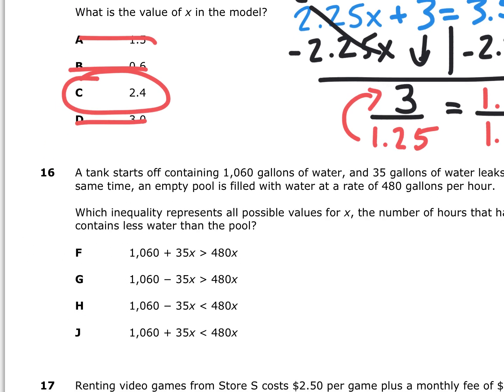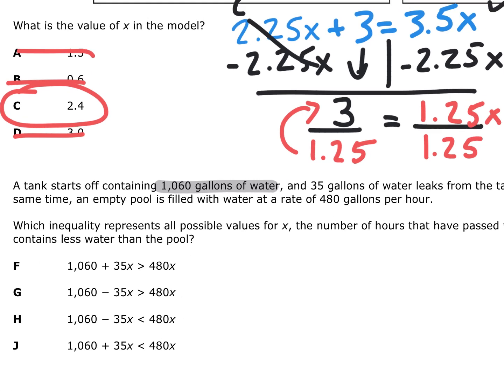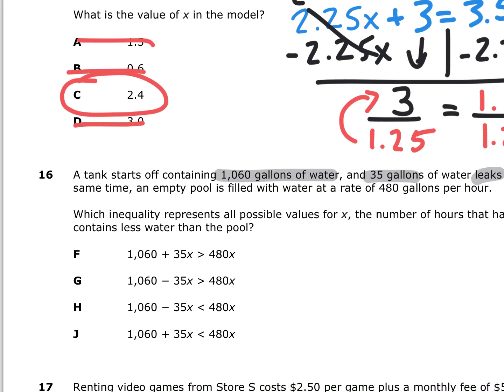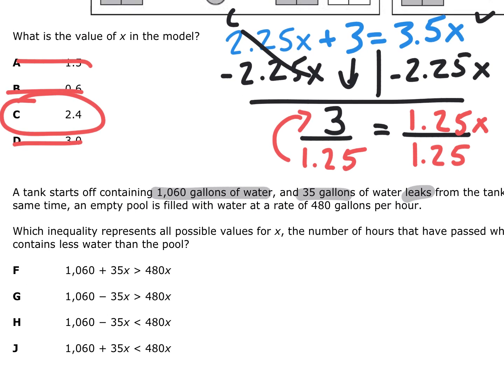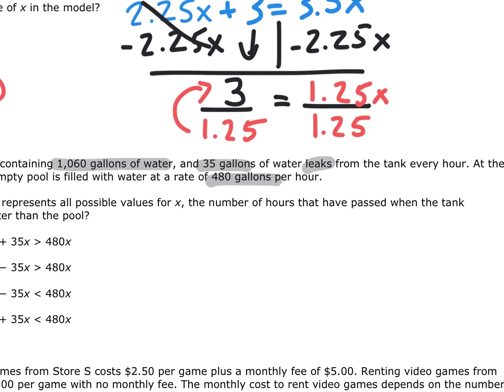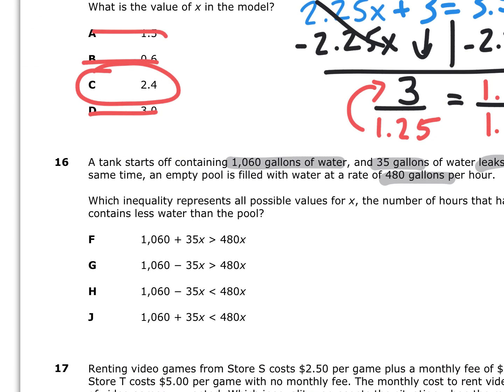Okay, number 16. A tank starts off containing 1,060 gallons of water. So right off the bat, I'm going to highlight that. And 35 gallons of water leaks from the tank every hour. At the same time, an empty pool is filled with water at a rate of 480 gallons per hour. Okay, so let's see. Which inequality represents all possible values of x for the number of hours that have passed when the tank contains less water